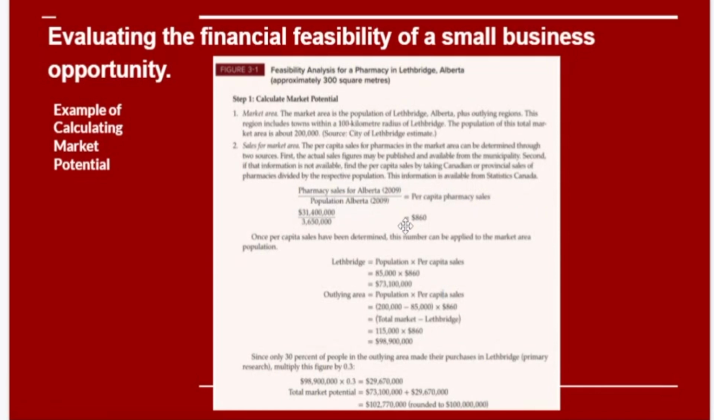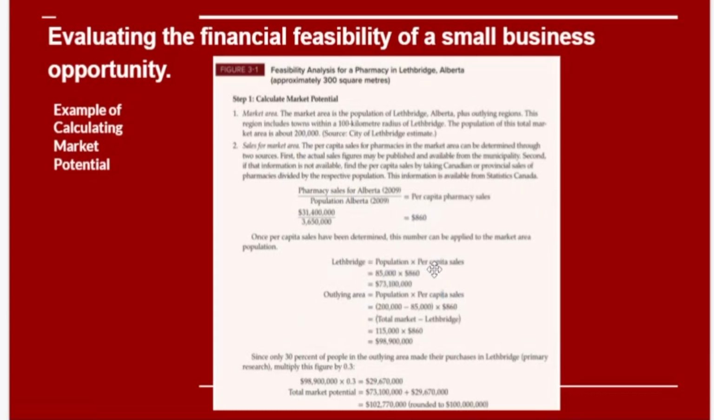So here we've got pharmacy sales in Alberta, for example, in 2009, and the population of Alberta in 2009. This will give you a per capita, or the dollar sales per person. So that works out at $860. Once the per capita sales have been determined, the number can be applied to the market area population. So if our market area population we've determined is 200,000,